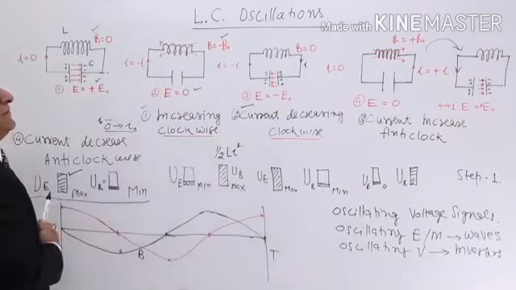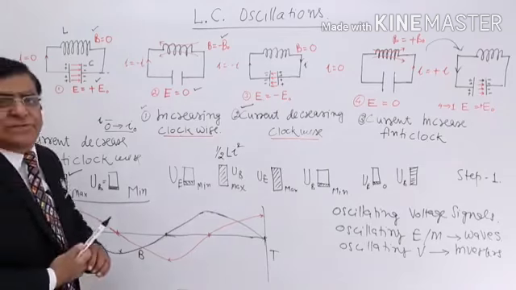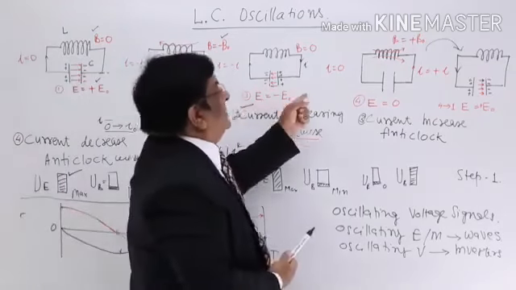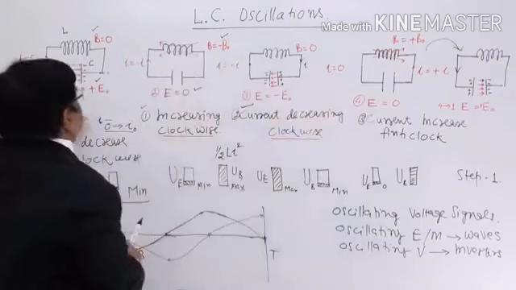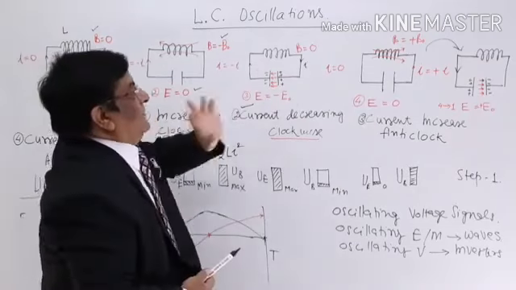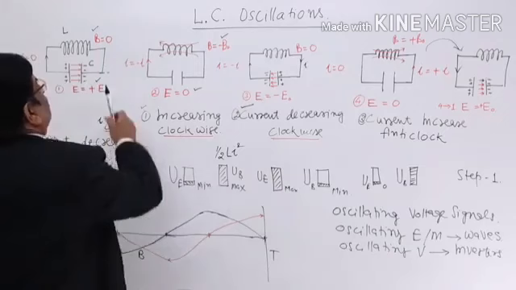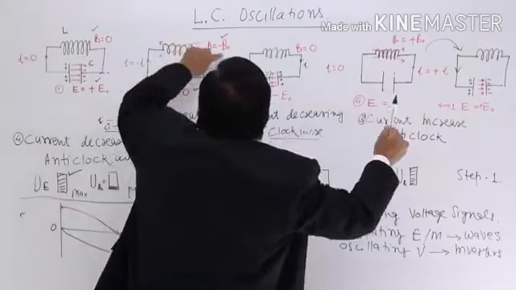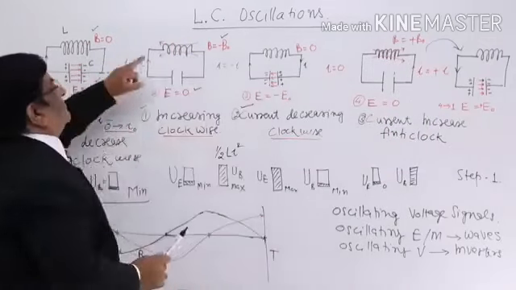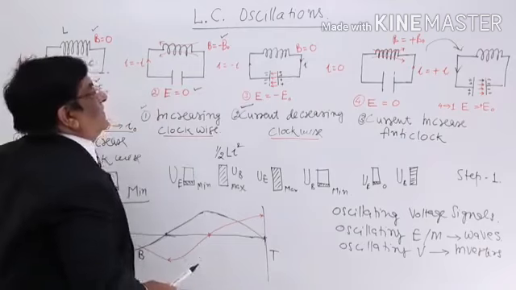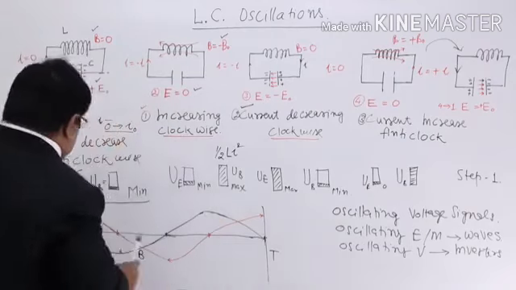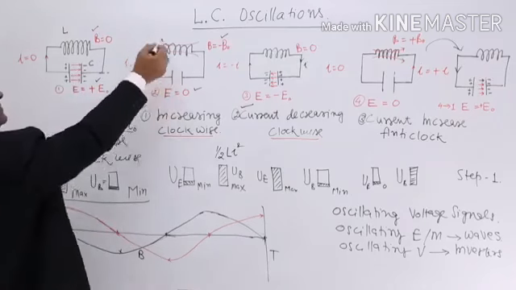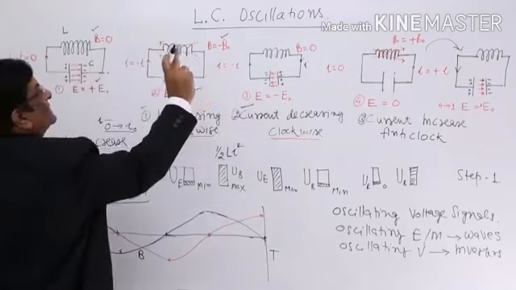So what do we find? The different parameters. See, electric field was positive, 0, negative, 0. Again positive, 0, negative, 0. What is the magnetic field? 0, negative, 0, positive, 0, negative, 0, positive. See, magnetic field. If I make a graph of magnetic field, 0, 0. At this time, these full 4 steps make one time cycle.